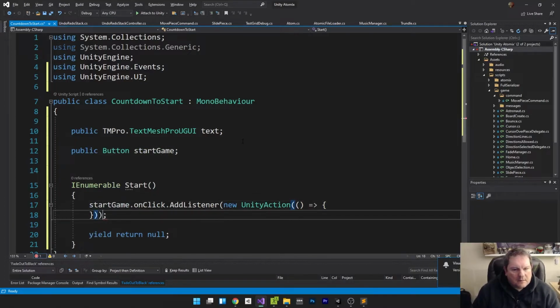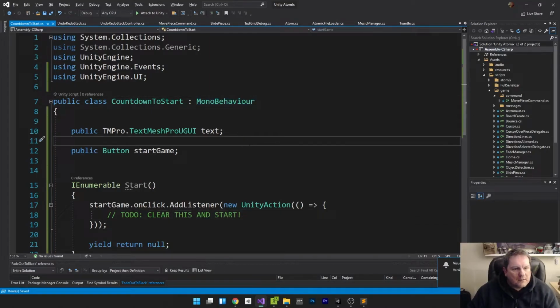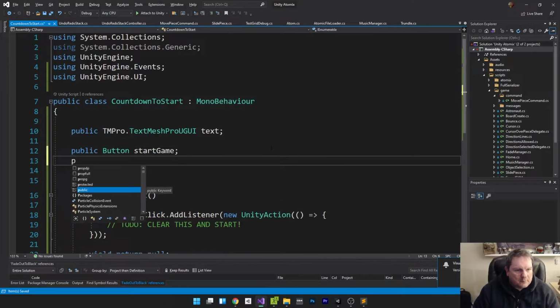I need an extra one there to do clear this and start. Oh yeah, and I also need a